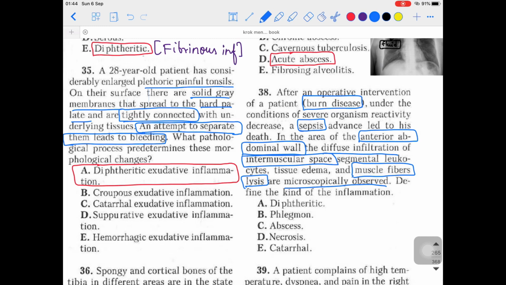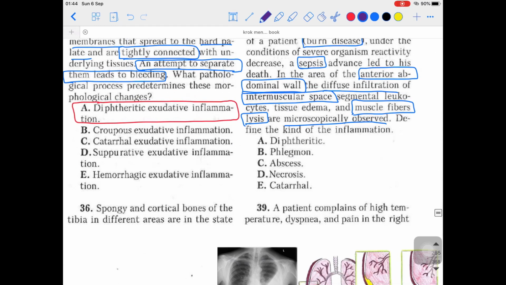Now look guys, you can't say which kind of inflammation it is by just simply reading the question. Actually you should know the example and what are the things happening in which particular inflammation. Okay, for example, in this particular case they are talking about the phlegmon. This is the suppurative or purulent kind of inflammation. First of all, let me tell you, this is which kind of inflammation? Suppurative or purulent inflammation.